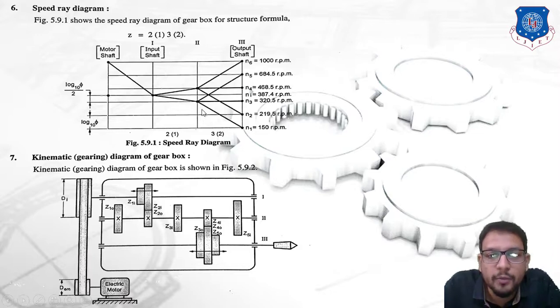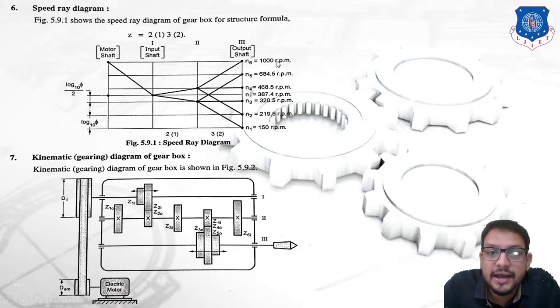Similarly, from the second node point, can I draw similar lines? So you can see this first horizontal line represents the same speed being transmitted, that is how much? N3. This second line represents that a step up of speed takes place, up to how much? So N5. And this bottom line represents that a step down of speed takes place, but at how much speed? So N minimum, that is N1. Remember we need to keep a distance of 2 units. You can clearly see this line and this line have a distance of 2 units. Similarly, this line and this line have a distance of 2 units. Okay, so this is our entire speed diagram.